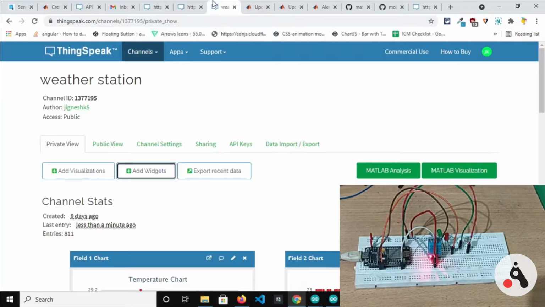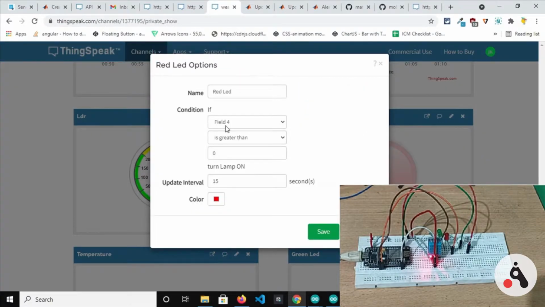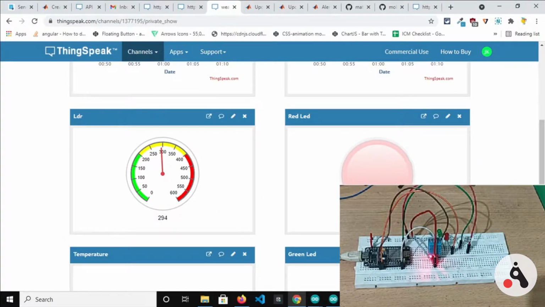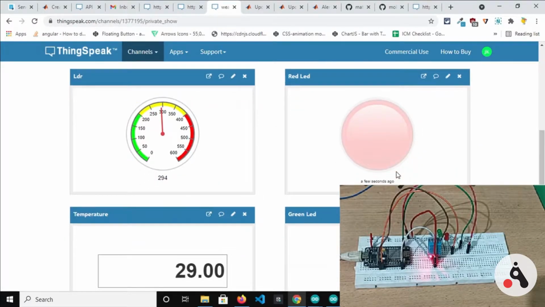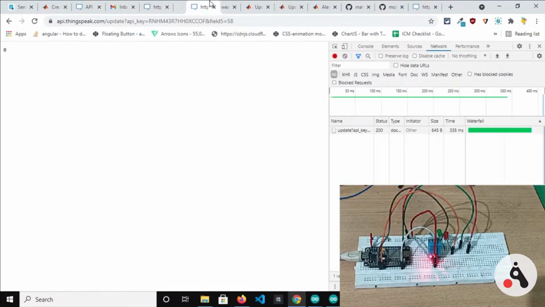The condition here is that if I send a value greater than 0, this will be triggered and turned on, and the same applies to the hardware device, this red LED. Green is currently off, and as we send data it will be turned on. So let me send data, anything greater than 0.